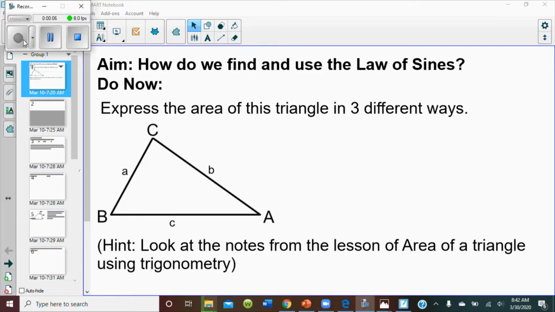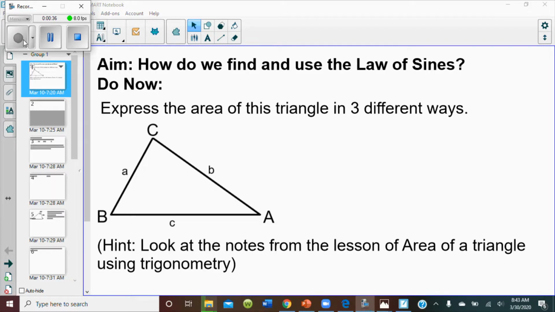Good morning, everybody. So this is our next lesson on how to use the law of sines. So we begin with the question here. We see we have our triangle from before, triangle ABC, and you'll notice that the lowercase letters represent the sides opposite of the angles. And so we see here in this case that we want to find the area of this triangle